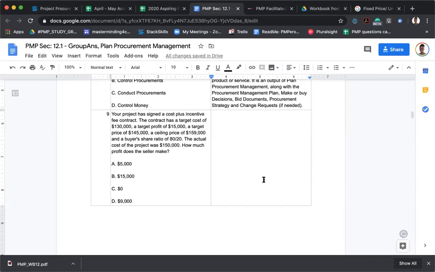Okay, so I have it: it only applies to fixed price incentive fee contracts, and refers to the amount above which the seller bears all the loss of a cost overrun. Costs that go above the PTA, the point of total assumption, are assumed to be due to management. So ceiling price minus target price divided by buyer share ratio, the 80-20, plus target cost. But now I forget who gets the 80 and who gets the 20. I think the buyer gets the higher.